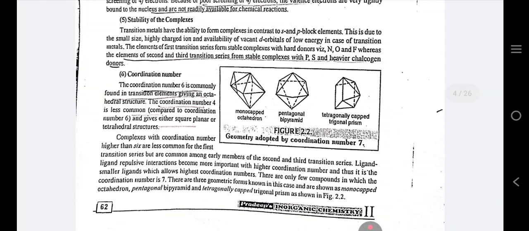Stability of the complexes. Transition metals have the ability to form complexes, in contrast to s and p block elements. This is due to the small size, highly charged ions and availability of vacant d orbitals of low energy in the case of transition metals. The elements of the first transition series form stable complexes with hard donors N, O and F, whereas the elements of the second and third transition series form stable complexes with P, S and heavier